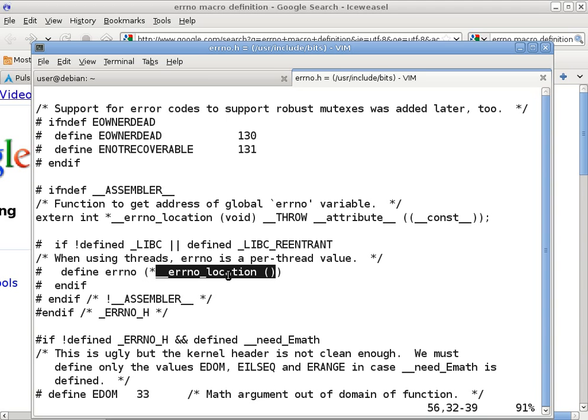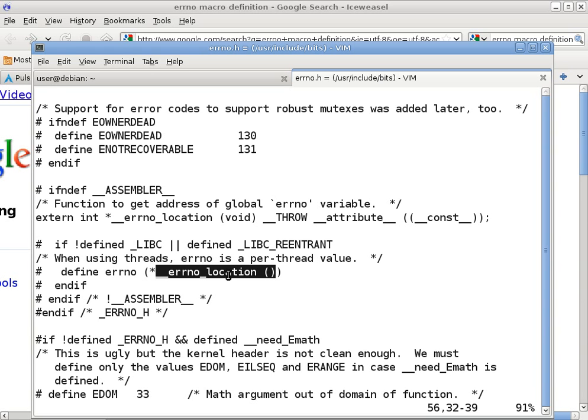Yep. Since it's got const, that means that you can't modify errno. I don't know whether that's the case or not, because if that is the case, I think you can put the const on this side. Yeah, but that's a GNU attribute, I believe, and it's saying the same thing as if you had a const in front. Okay. That doesn't mean you just can't modify the address? I don't think so. I believe it's actually the data behind it. The address is returned by the subroutine. So the address is already returned by a subroutine.